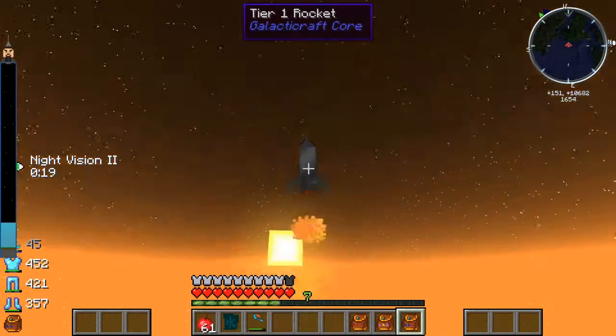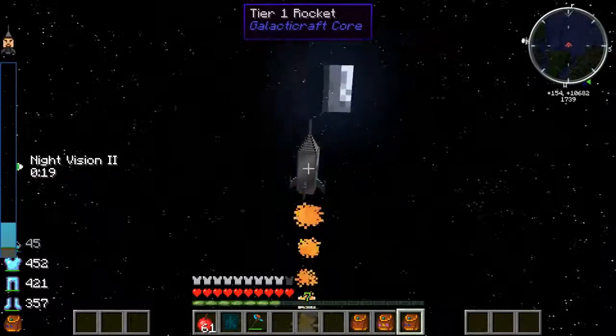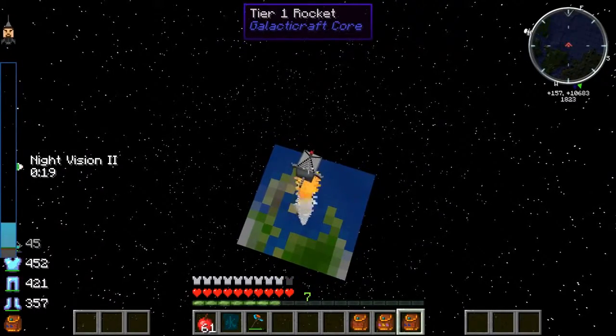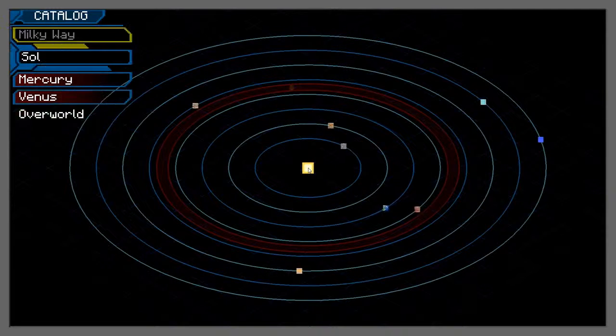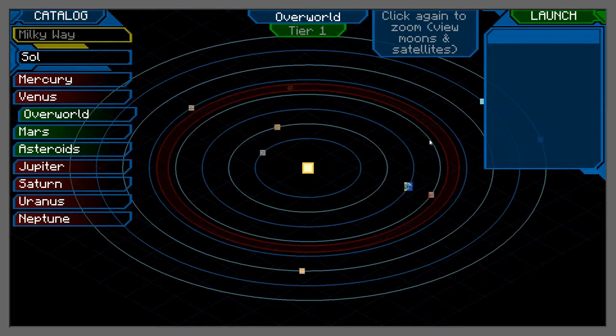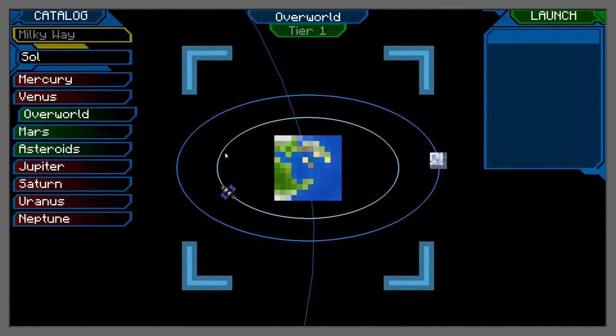It's so scary. The space is just orange. Alright, we should get to pick our destination here, and I'd like to select the space station when I get a chance. Oh, wow. There we go. Alright. So, this is what I meant to do at the start. We click down on the overworld, click to zoom, and then...